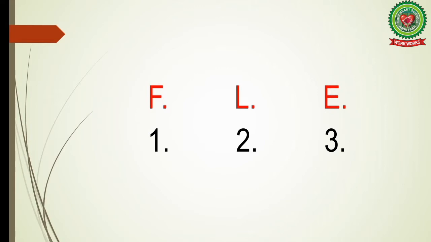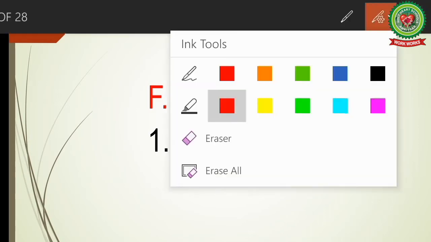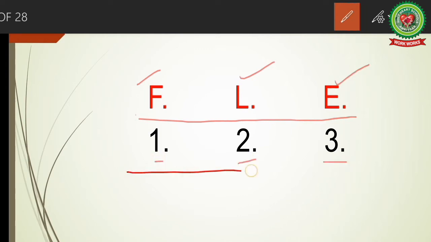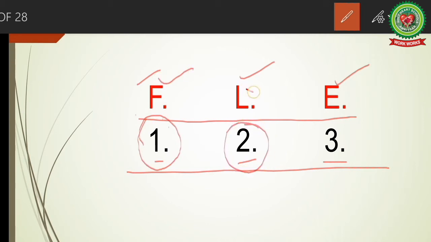Students, there is a trick that you can use to learn various classes of levers. FLEE, where F stands for fulcrum, L stands for load and E is effort. F1, L2 and E3. Why it is written this way? So that you can learn that in first class lever, fulcrum is in the center. And in second class lever, what is in the center? Load. And in a third class lever, effort is in the center.